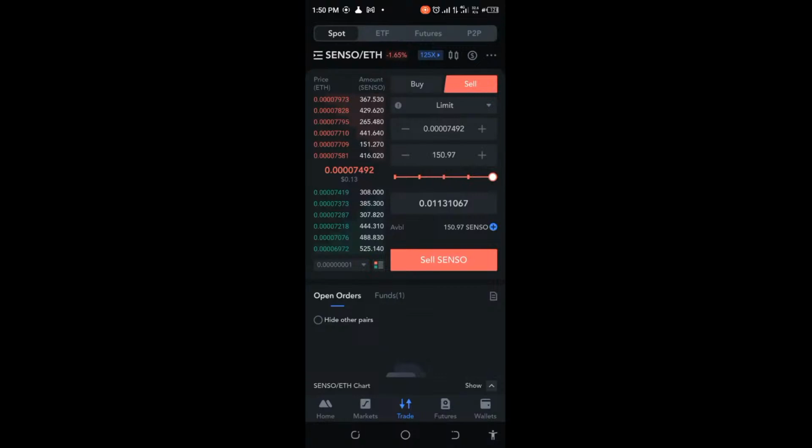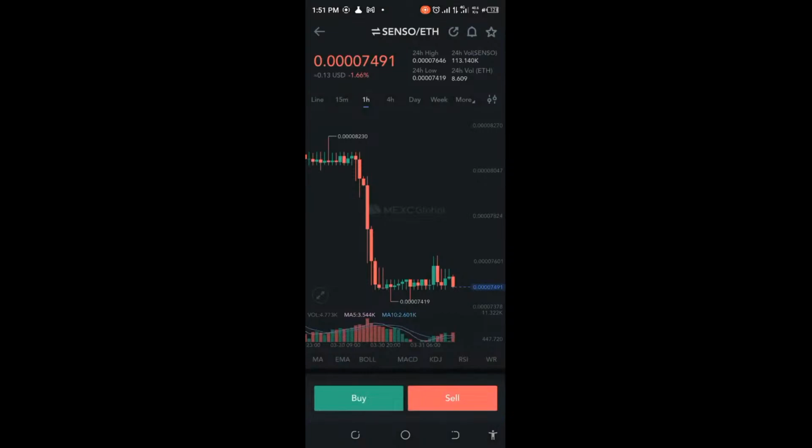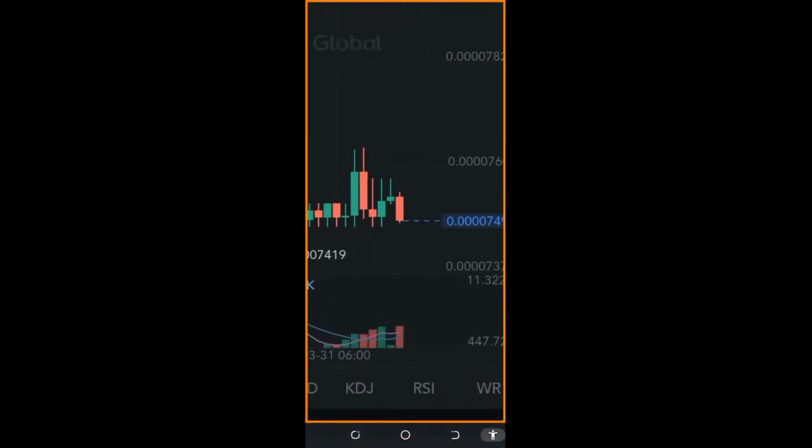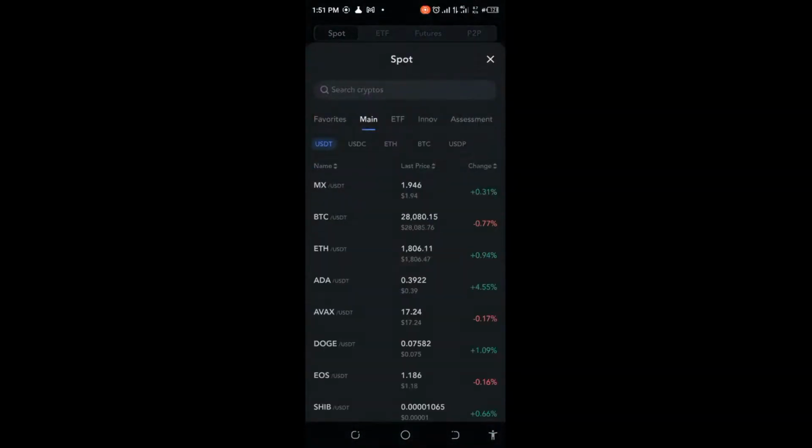Oh no, not at all, because this amount wouldn't give us that much. And if you want to sell, we'll definitely be looking at this particular one. We're definitely not going to get much from here. Nah. Okay, it was initially higher because I saw that it had a good spike, and then all of a sudden, oh, now it's coming down. No. So if I go back to my Senso